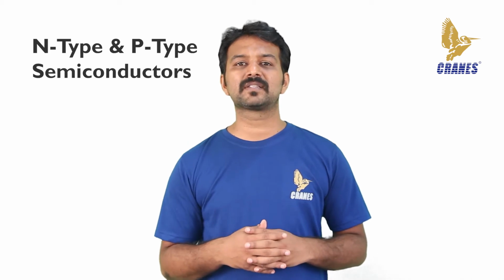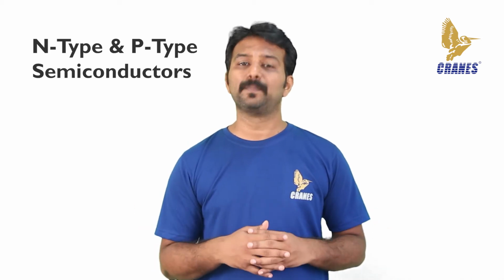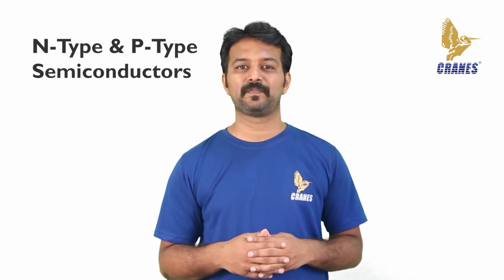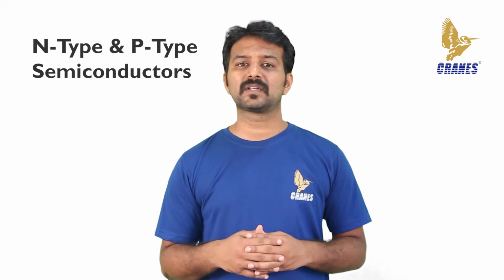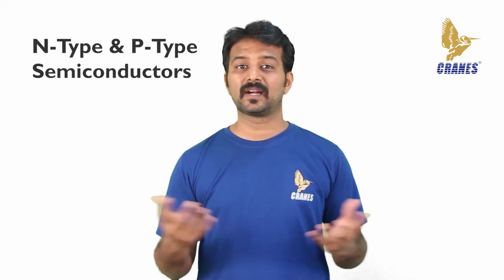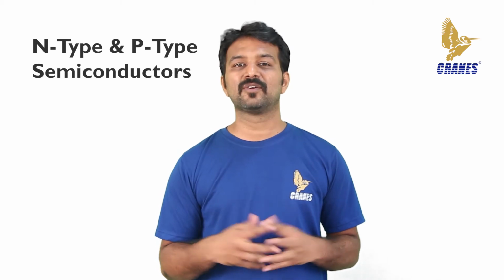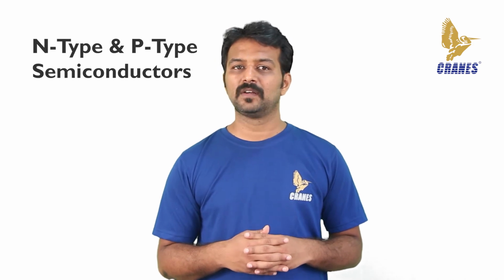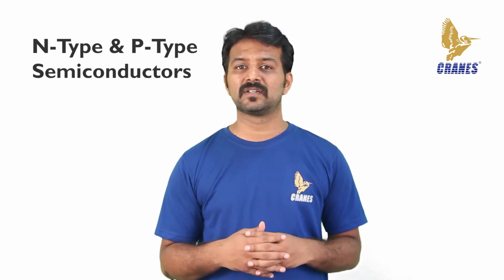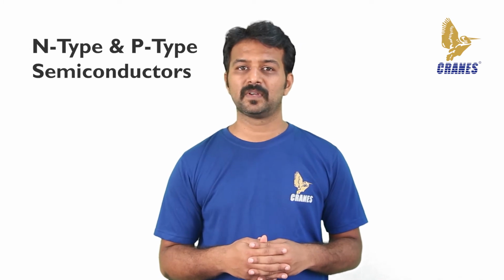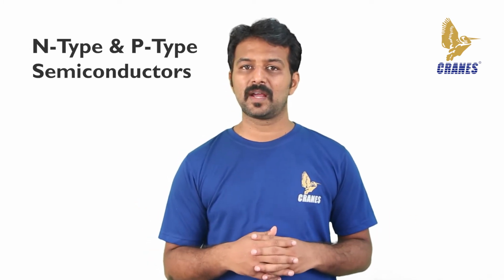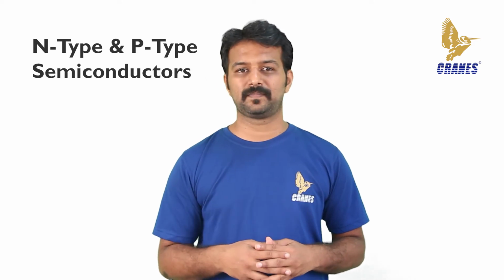The 2 types of extrinsic semiconductor materials, N-type and P-type, are the key building blocks for most types of electronic devices. Since semiconductors are generally poor conductors, their conductivity can be drastically increased by the controlled addition of impurities to the intrinsic or pure semiconductor material. This process is called doping, which increases the number of current carriers. So, it might be the electrons or the holes. The 2 categories of impurities are N-type and P-type.